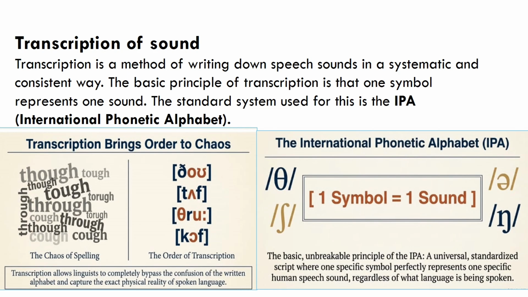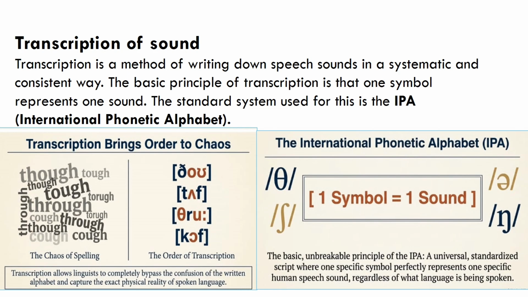Now let's move to our final topic. You can see these words like though, through, cough, tough. The spelling looks similar, OUGH, right? But the pronunciation changes. This shows that English spelling is not always reliable. That's why